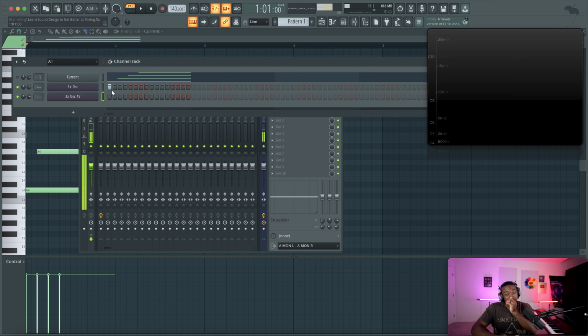Now the sound is pan-centered. But what happens if I pan the sound to the left? It's in our left ear. What happens if I pan it to the right? It's in our right ear. Now what happens if I clone this exact sound at the same exact amplitude and the same exact pitch and phase? And what if I clone everything about it, but I pan one to the left and one to the right?